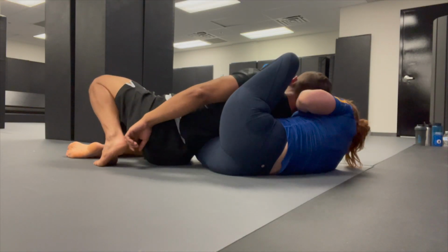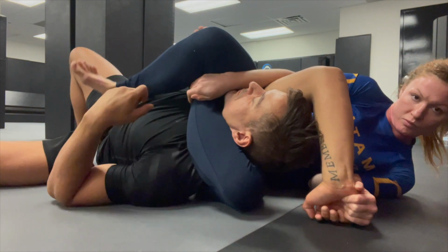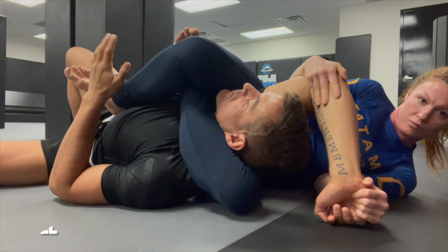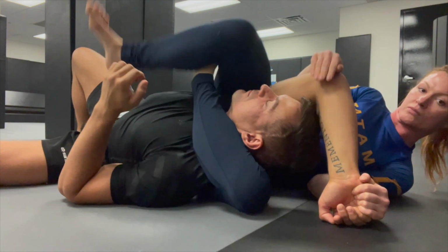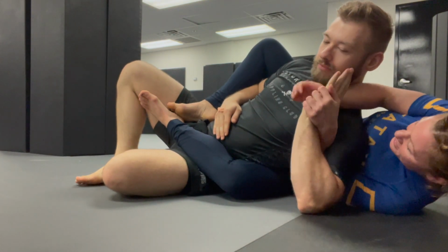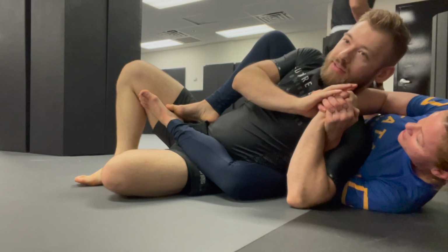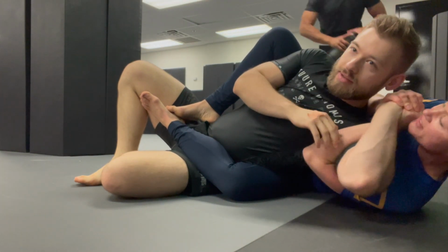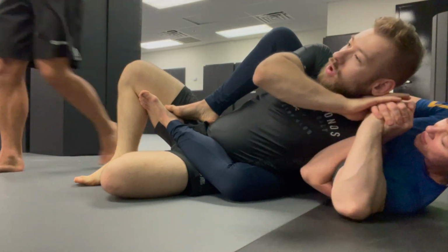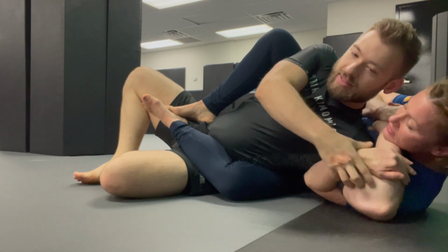Now let's say they do that technique. Here's the second submission that you have for the back in this series. This is a triangle, this is a back triangle. And the reason why this is so great for this series is, let's say somebody has a really good defense and they aren't allowing you to choke their neck because they're scrunching their head, well, what you can do is you can use this grip that